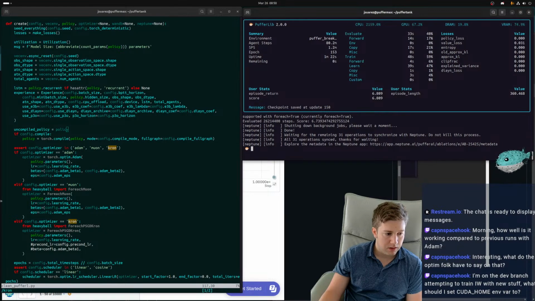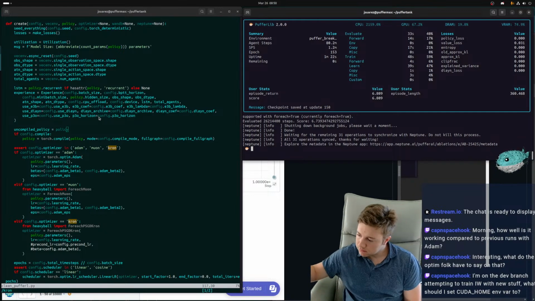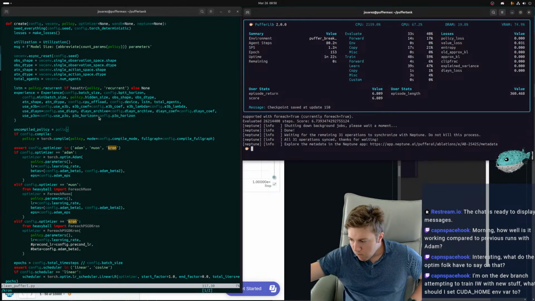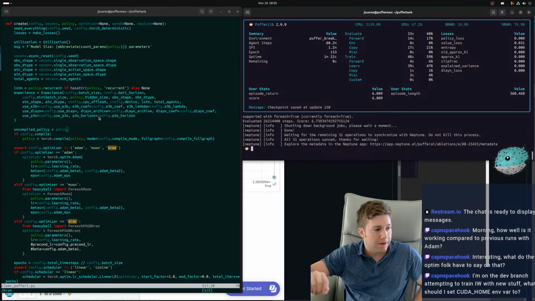Oh, hey, Captain. Dev branch attempting to train Impulse Wars. What should I set CUDA? I never set that variable. Should not have to mess with that.